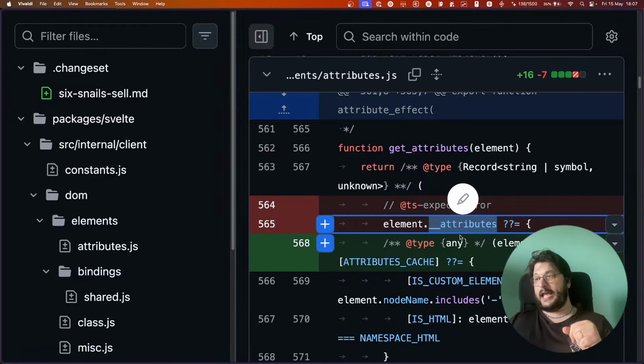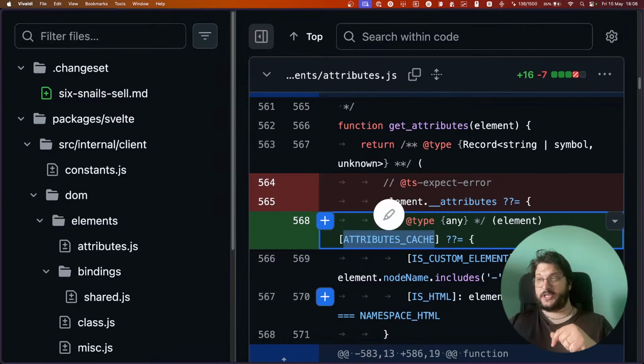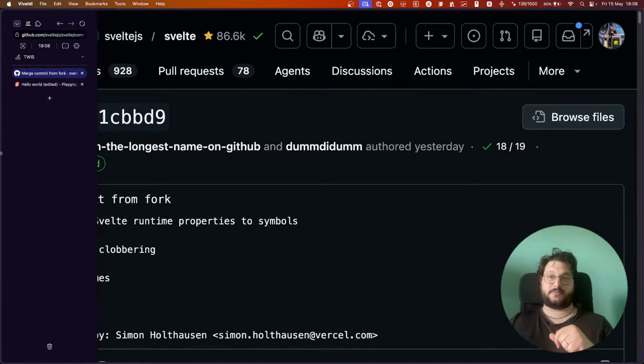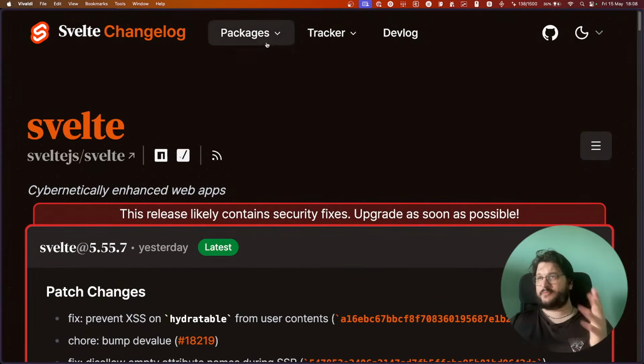But this could allow for DOM clobbering, and so now we use this attribute cache, which is a symbol instead, and it's better. Okay, so yeah, that was a long one.